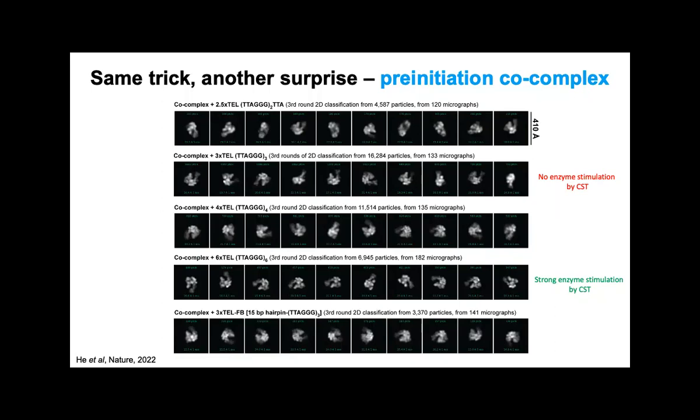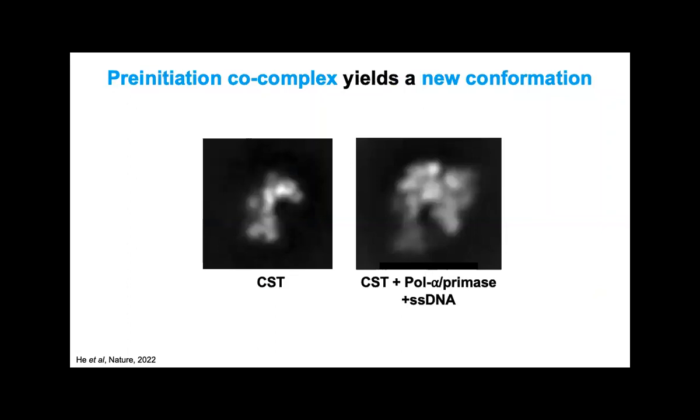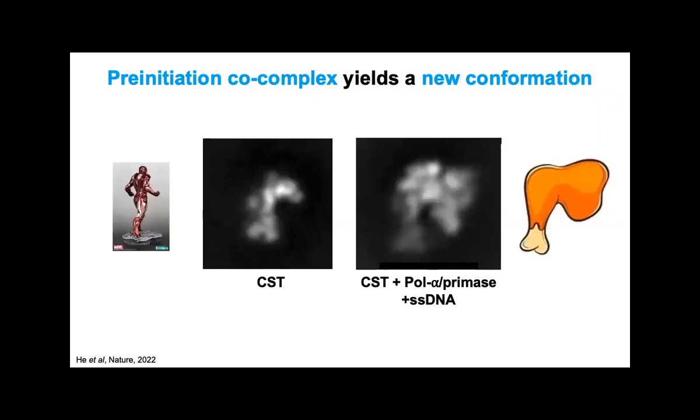Is it part of the enzymatic reaction coordinate pathway? So like I mentioned earlier, this is the pre-initiation complex. It yields a new conformation. Now this is just a side-by-side comparison of CST alone, and now CST plus Pol-a primase plus the telomere template. And I always like to say this is how it looks. This looks like a little man here, and then now it looks like a drumstick when I put in the enzyme and the template. So with such beautiful negative stain EM class averages,